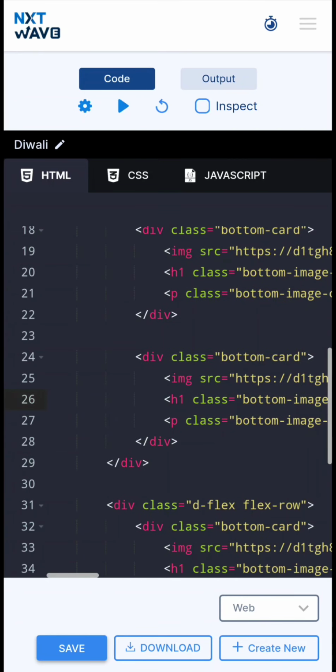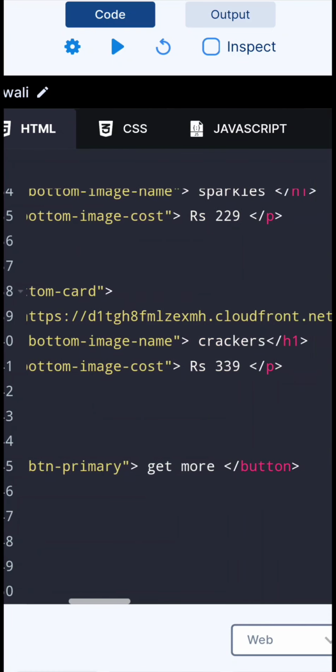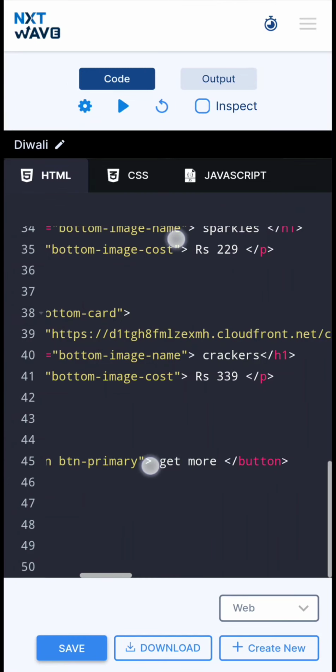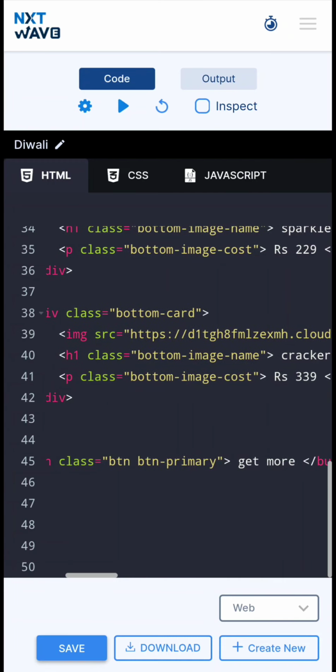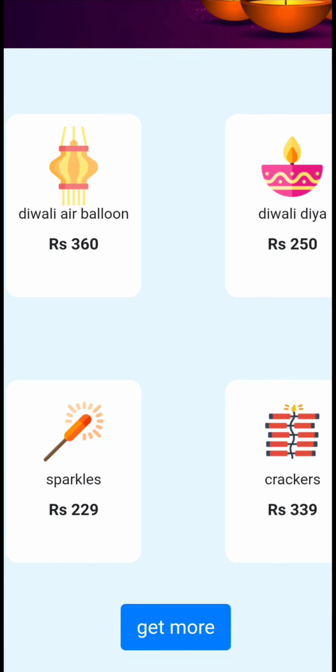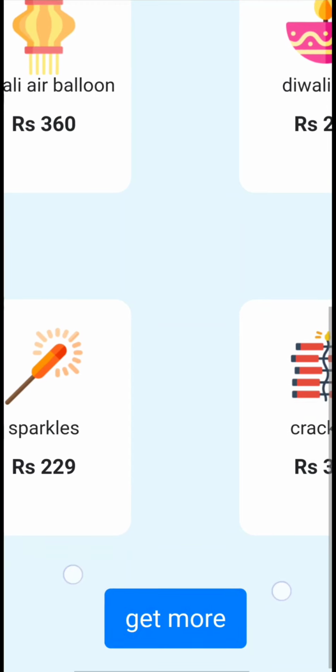Now to add a button, I insert the HTML element tag button. You can see here down. So I insert another HTML element called button, and give the content as Get More. I use Bootstrap to get my button pre-styled so that it saves time. I use the classes btn and btn-primary to get the pre-styled button, something like this. When we use btn-primary, we get a button style like this with a blue, light blue color.